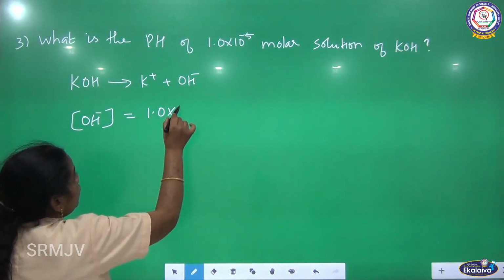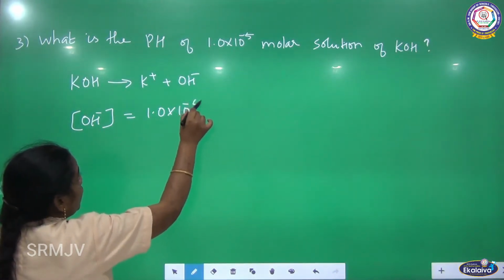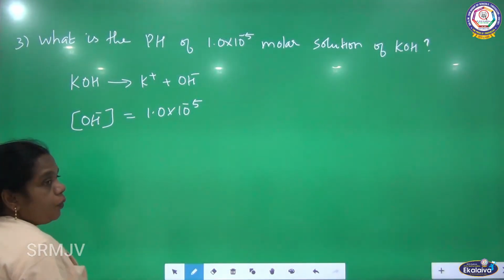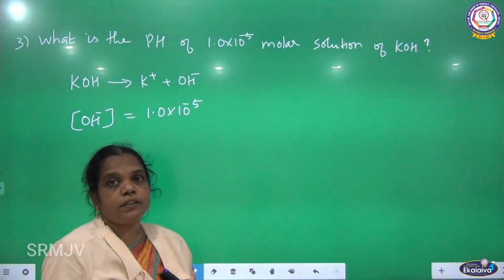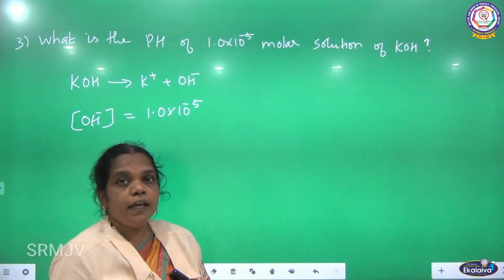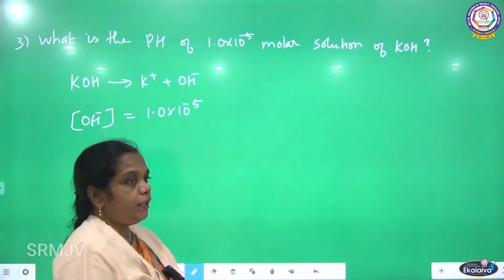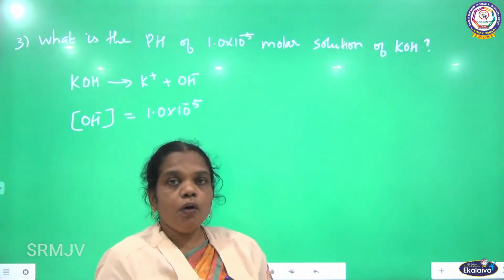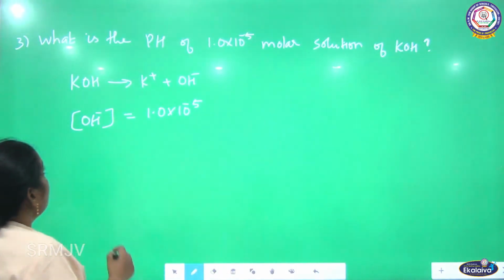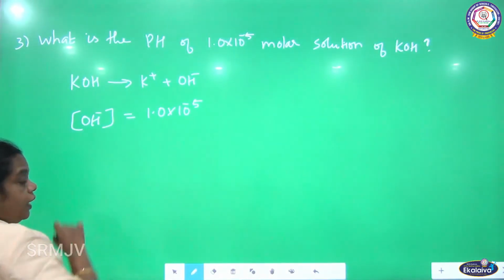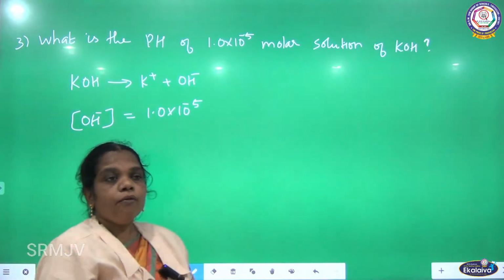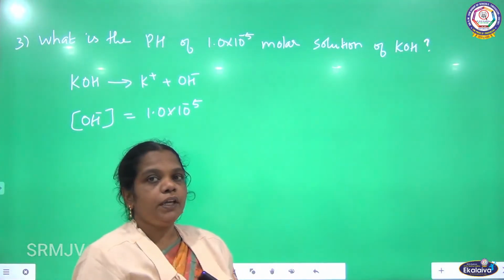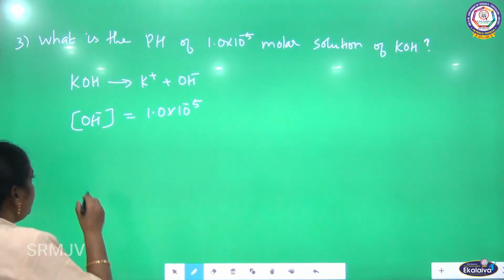1.0 into 10 to the power minus 5. Now you want to find pOH first and then you have to find the pH, because there is a relation between pH and pOH. First we want to find the value of pOH. From that you have to find the pH value. Now the pOH